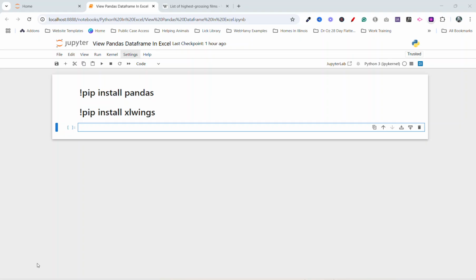So first, I'm using Jupyter notebooks as my development environment. And the first thing you need to do is make sure that not only do you have Python installed, but you also have the necessary libraries to run your scripts. So what we're going to be using today is the Pandas library and also XLWINGS. Now, if you don't have them already installed,